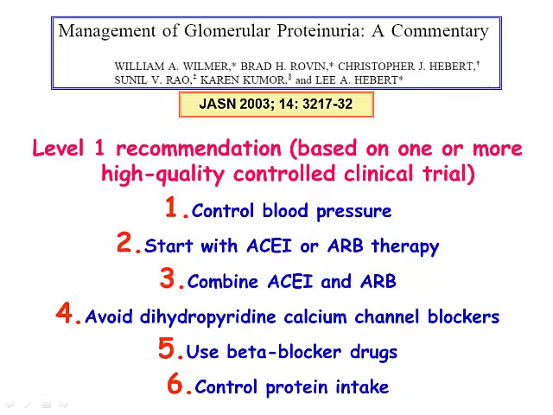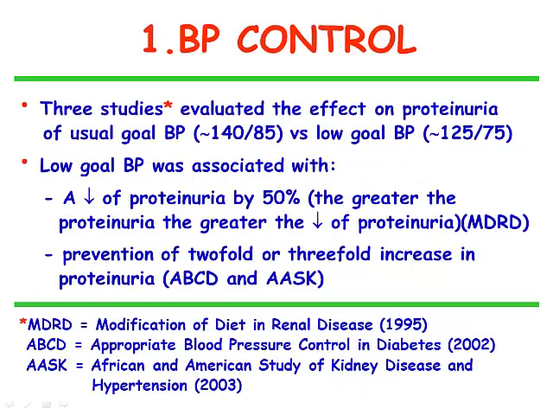We will go through combined ACE inhibitors and ARB and some other recommendations. First of all, blood pressure. Three large studies mentioned here evaluated the effect on proteinuria of usual goal blood pressure, which is roughly 140 over 85, versus low goal blood pressure, which is 125 over 75. Low goal blood pressure was associated with a reduction of proteinuria by 50%, and the greater the proteinuria, the greater